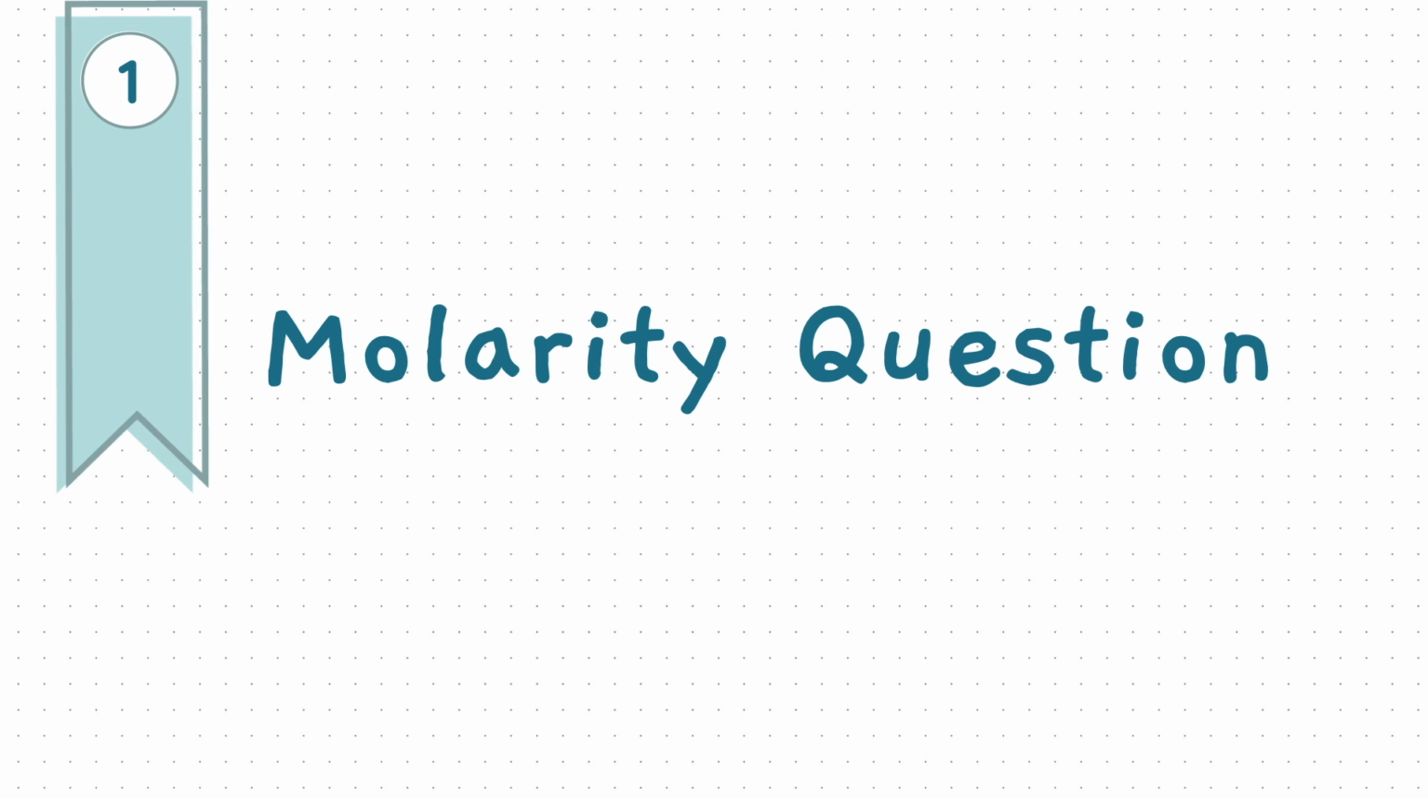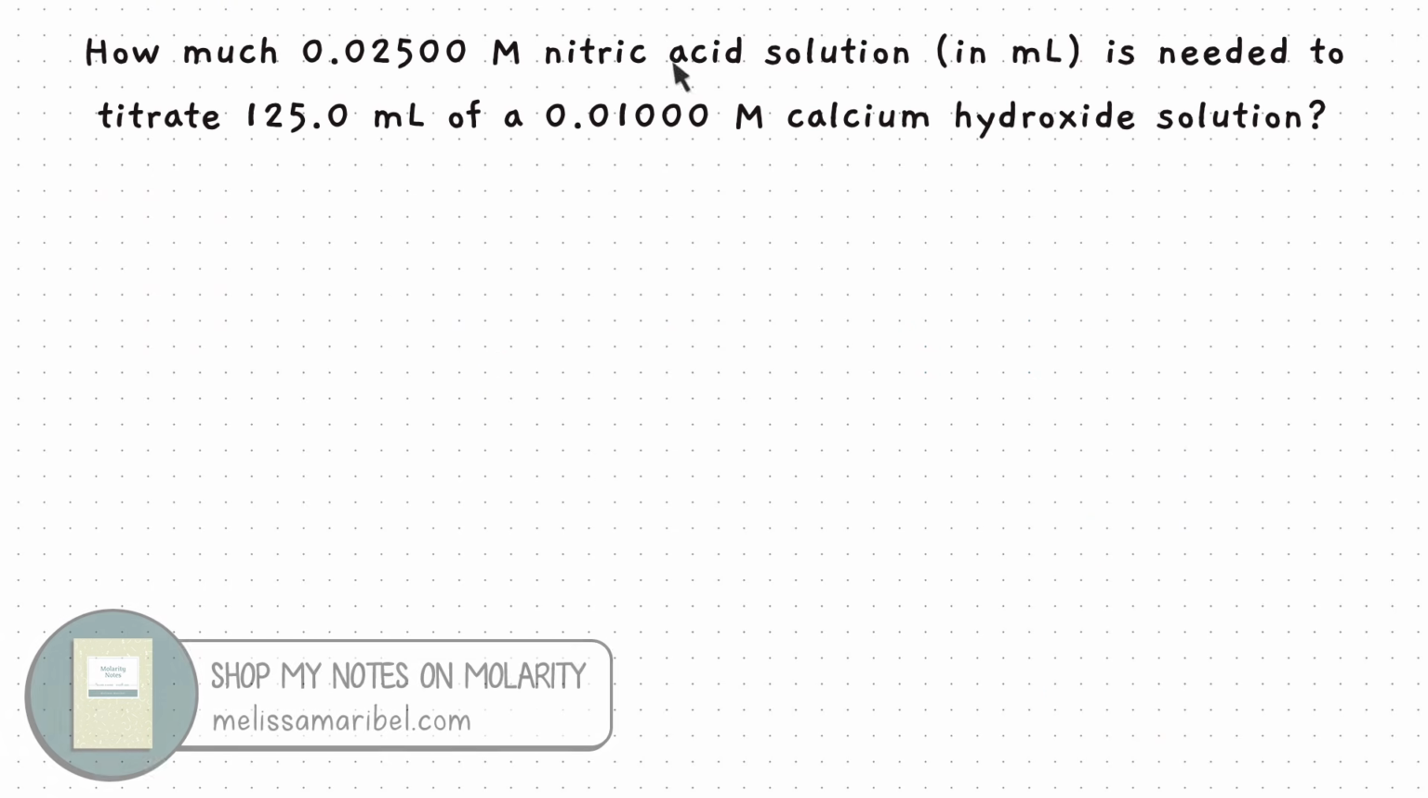Question 1 is a molarity question. You'll be asked to find the volume. This question states, how much nitric acid solution in milliliters is needed to titrate 125 milliliters of a calcium hydroxide